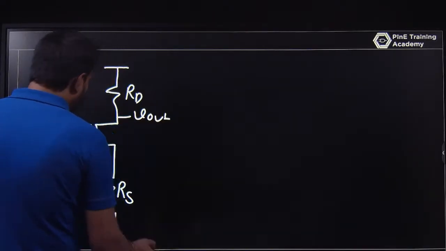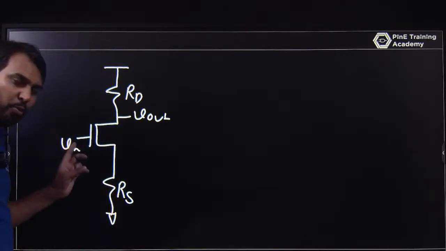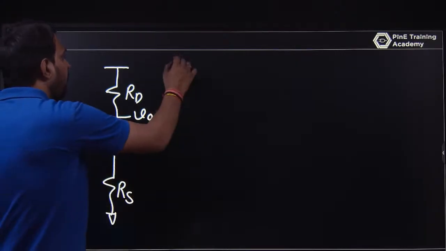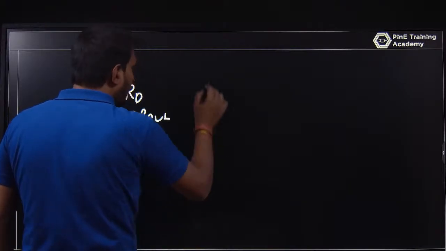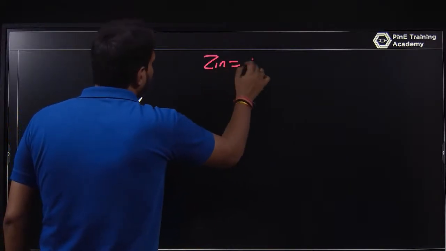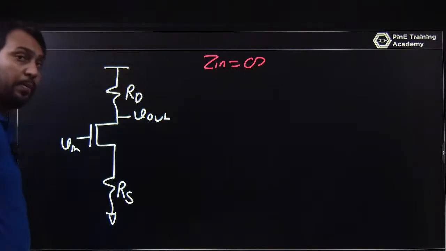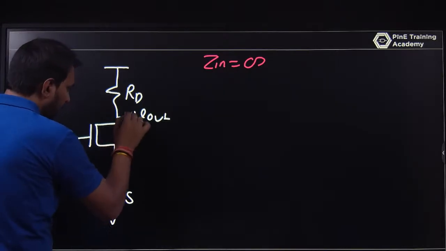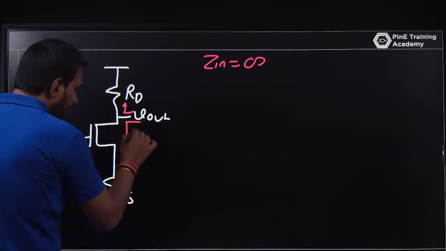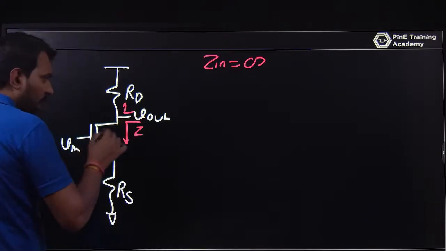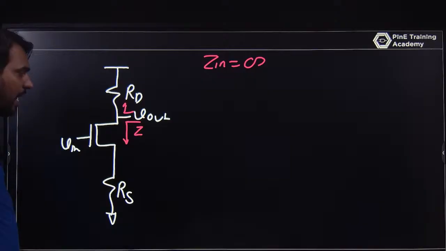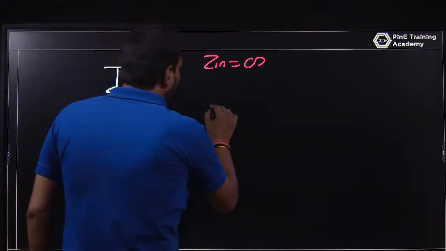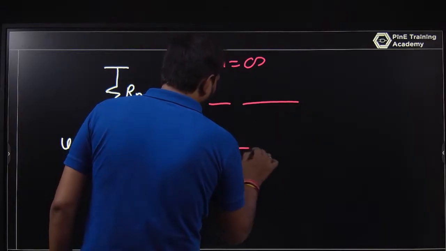So the input impedance, whenever you are giving the input at the gate, this is a metal oxide semiconductor, the input impedance is always infinite. Let's talk about the output impedance. So the output impedance is this Z, and this is in parallel with RD. I am talking about this Z here. So I am drawing a small signal model here,